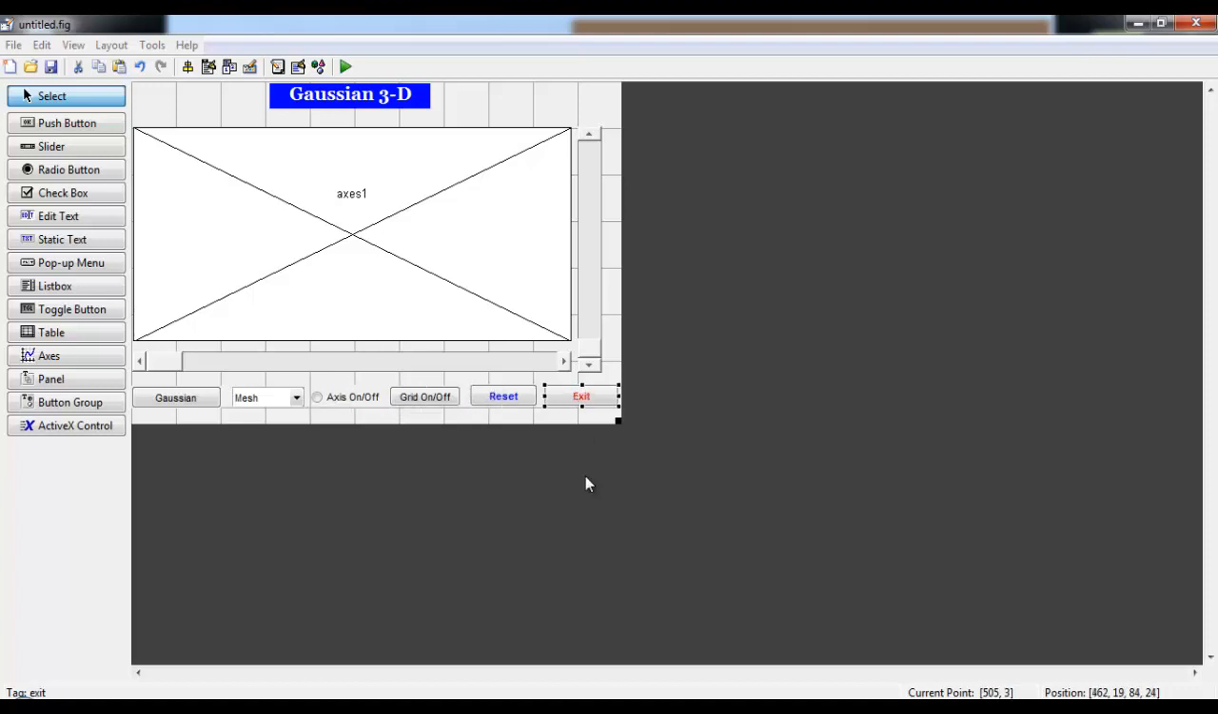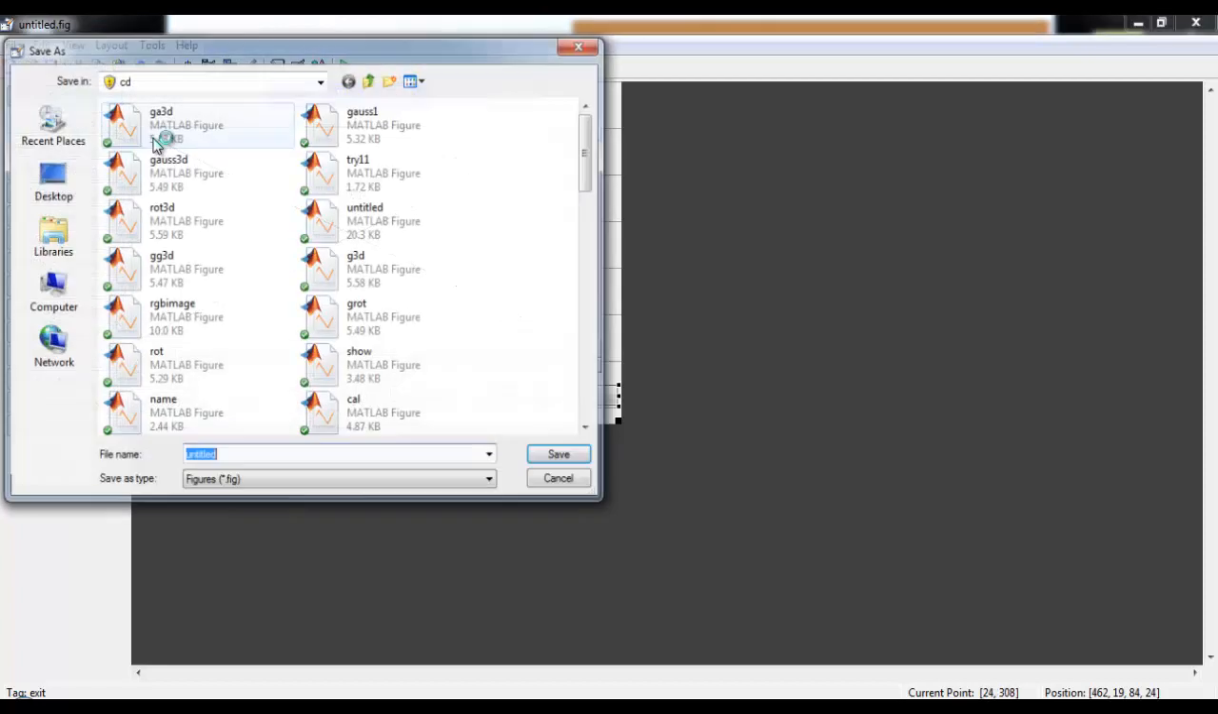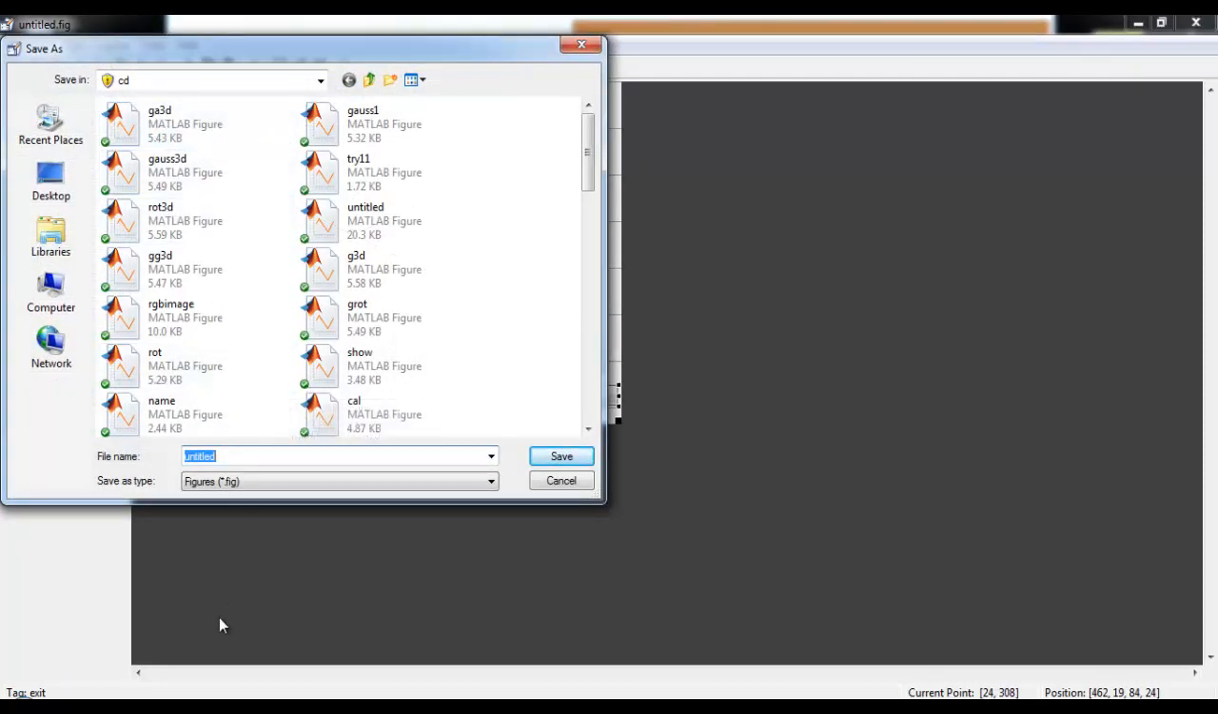Okay, now just click on the save button. Whenever you save this GUI, a function file will be created automatically, having all the functions. So just click on save, and it will ask you the name. So let's just rename it as